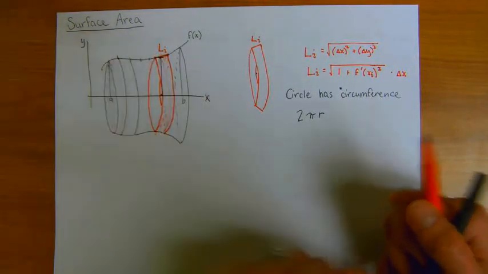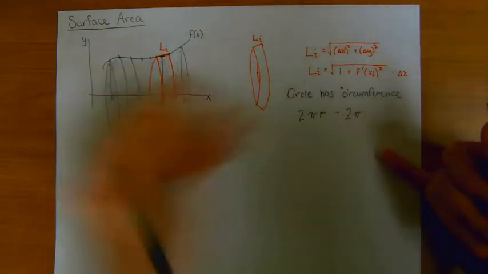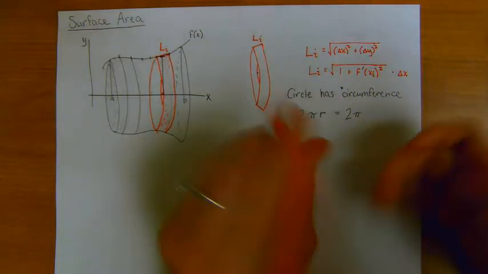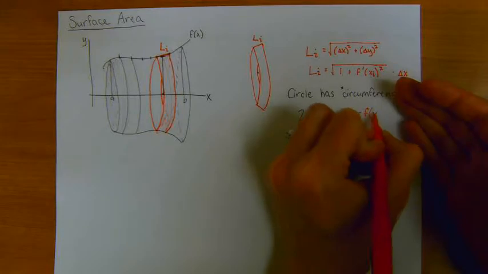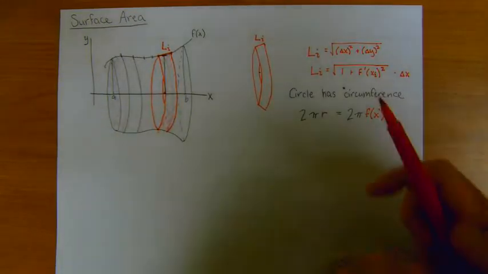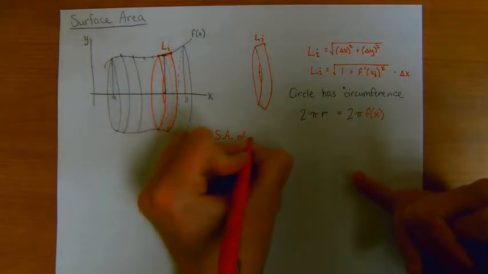So we can see from our image that our radius is the distance from the center of rotation up to the function, which gives 2 pi times f of x. That means that the surface area of one band,